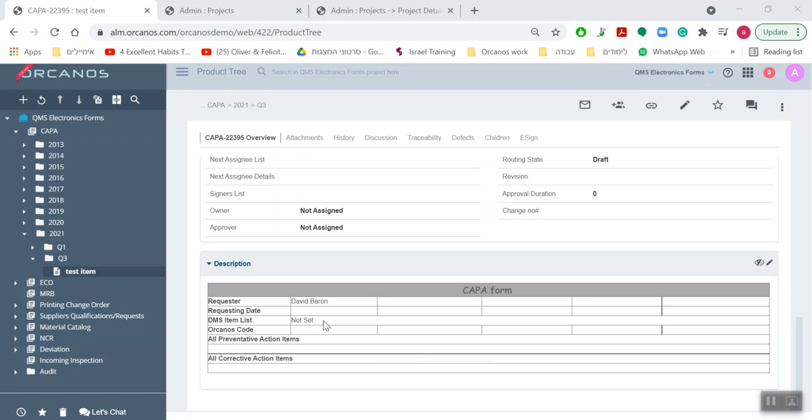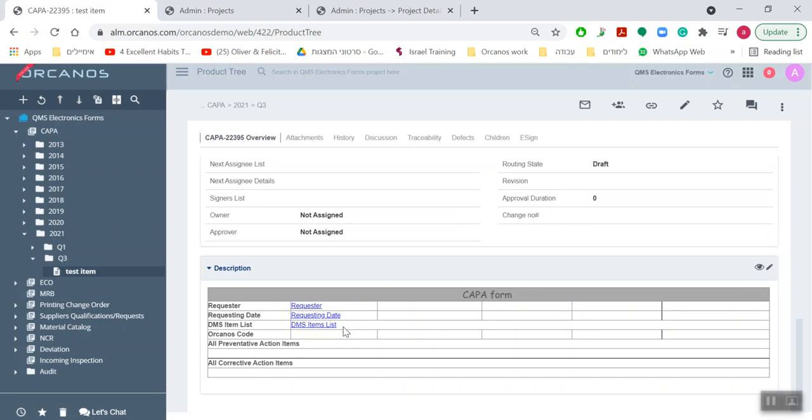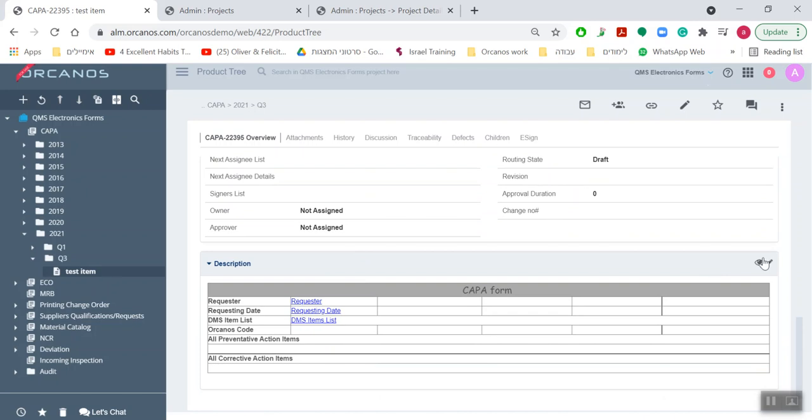still showing not set. So in order to check what may have gone wrong, sometimes we have fields that are very similar in name. And as you can see here, I'm using the DMS items list, where in my fields layout, I have DMS items list multi, which means that this is the multi-select option where I have two options for DMS items. So I can correct my mistake